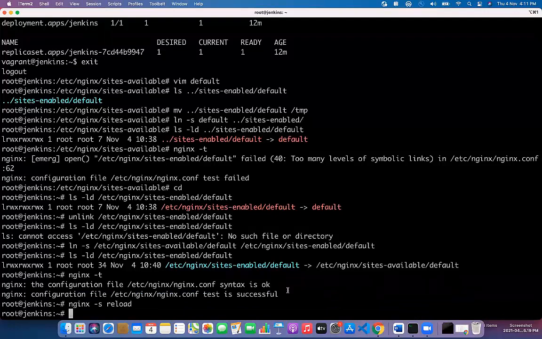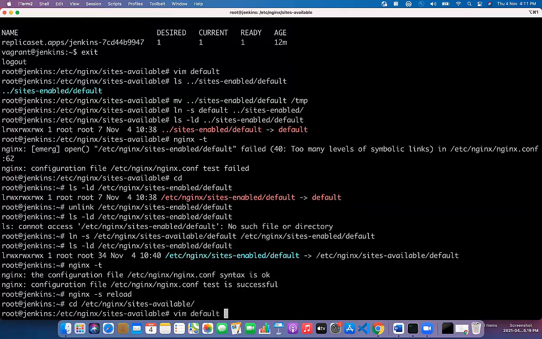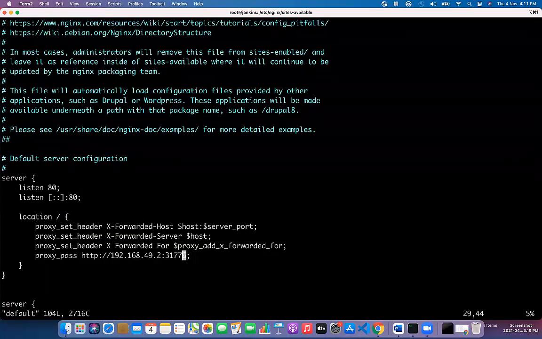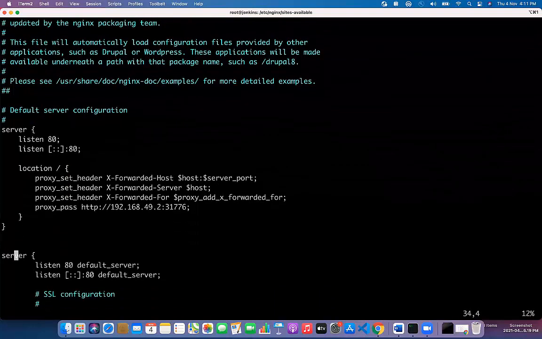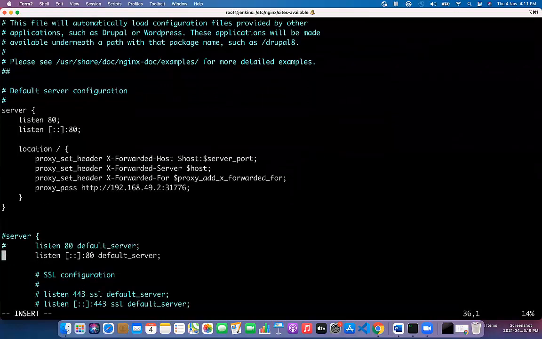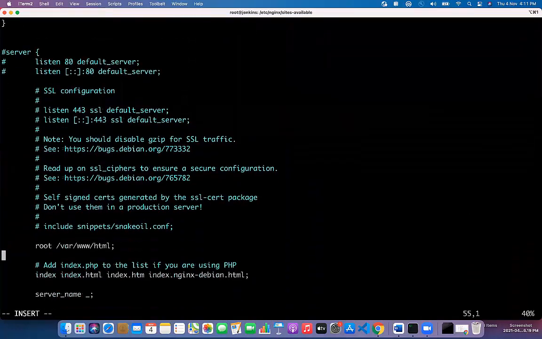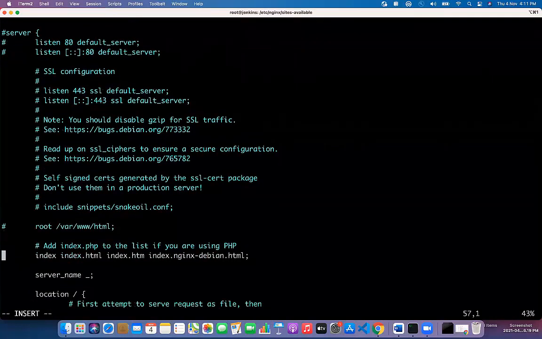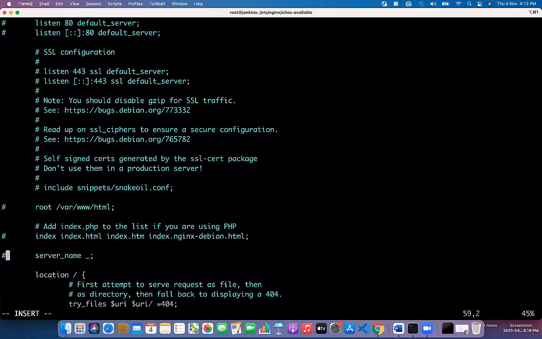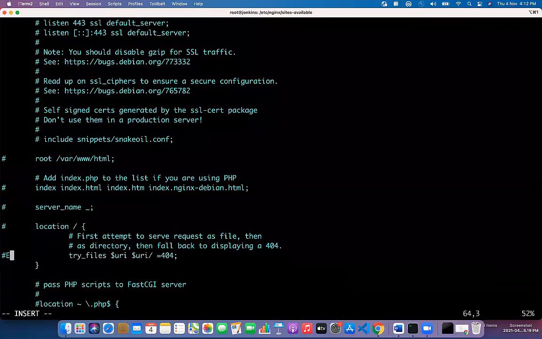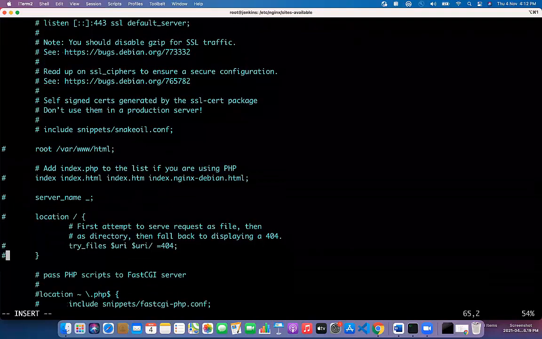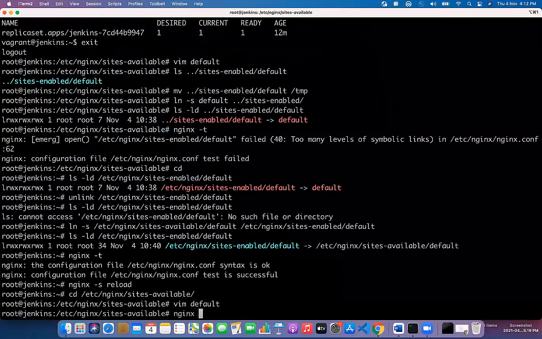one more change that I will be making is I will go inside /etc/nginx/sites-available. Okay, and I will go inside the default, and here I will be commenting out this other configuration. Just comment out the older configuration. Whatever is uncommented, just comment that out. Now once you have commented that out, just save this, run nginx -t again